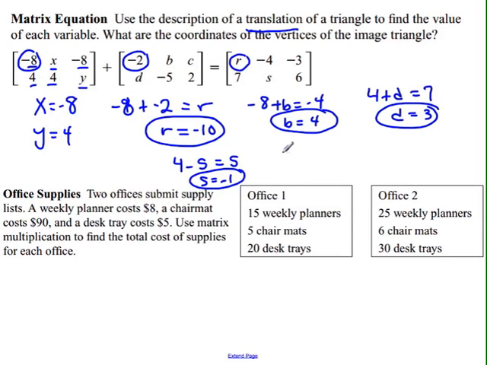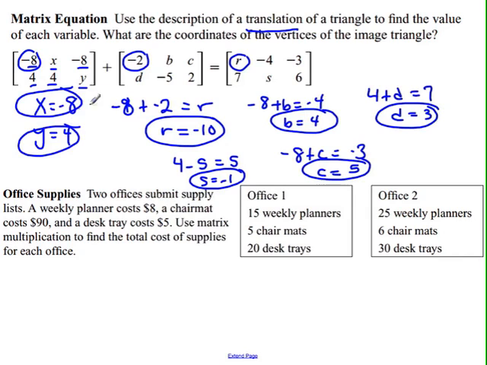C's up here, so we'll say -8 plus c has to equal -3. If I add 8 to both sides, c has to equal 5. Okay, so that's one way to find all these variables. And I think the key comes in where we have to talk about if this is a translation of a triangle. One of these has to be the translation matrix, and one of these has to be the actual matrix representing the